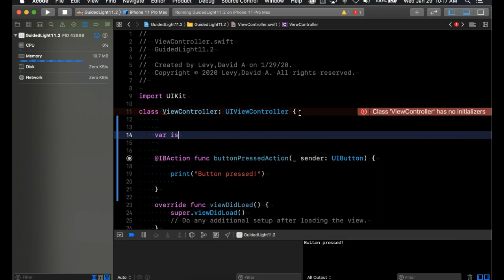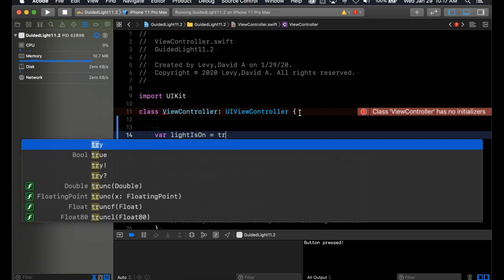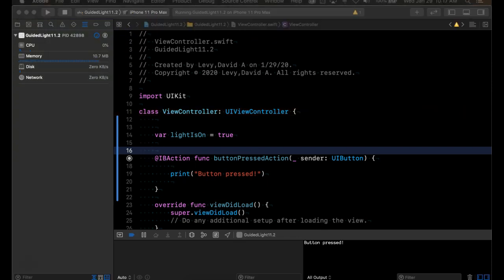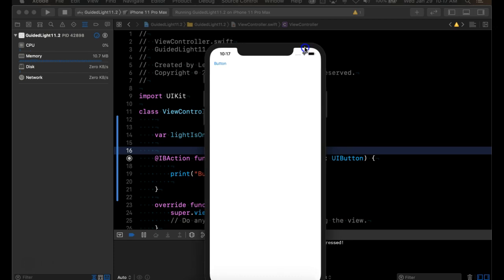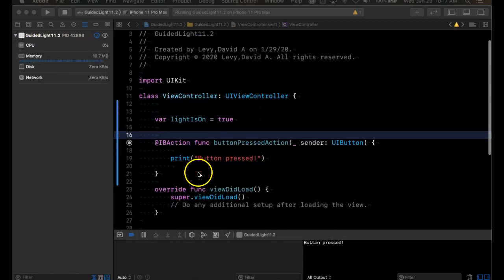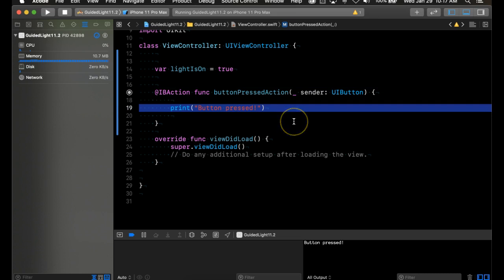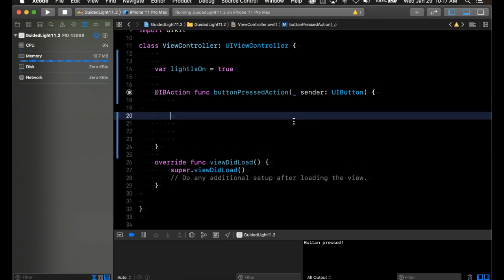I'm actually going to call it is, well, let's just do what it says. Light is on equals, so what they're saying is the light is on should start out as true because the light is on is going to be a white screen. And you'll see when we launch the app it's already white, so we'll say that's true. And so down in here in the code, instead of printing out button pressed, what we're going to do is we're going to say,